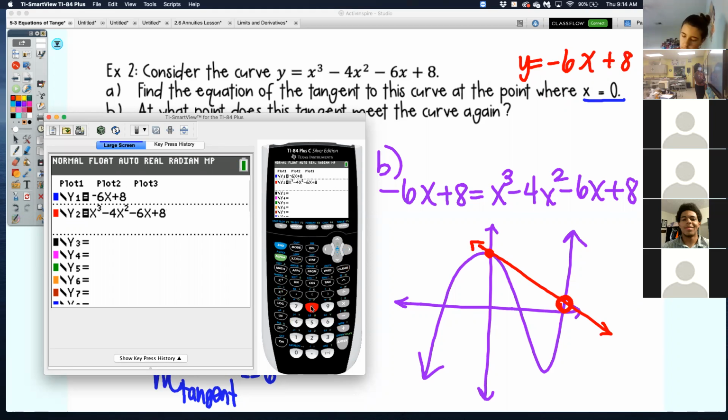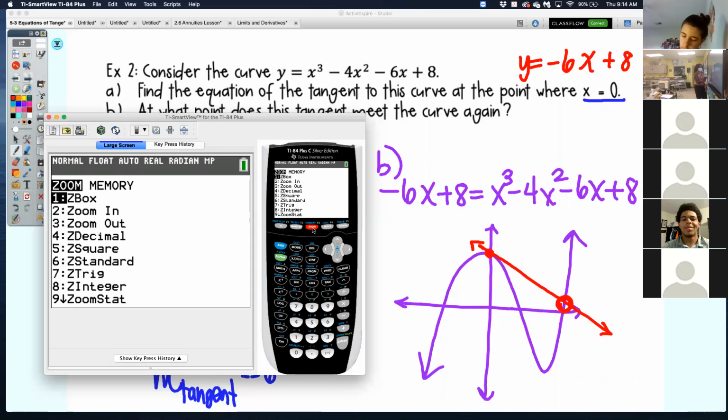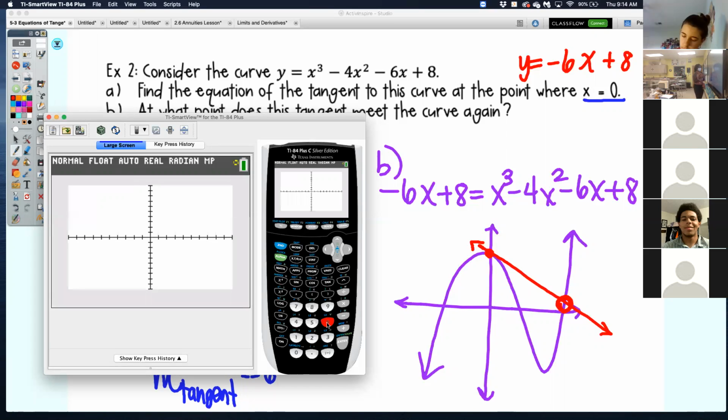Double check, looks good. And I do want to go to a standard window for the moment, so that way I can see if I need to adjust my window. So I'm not quite sure what happened to my calculator beforehand. So zoom 6 takes me back to that standard -10 to 10 window. There is that